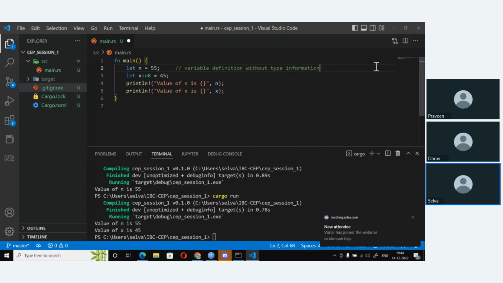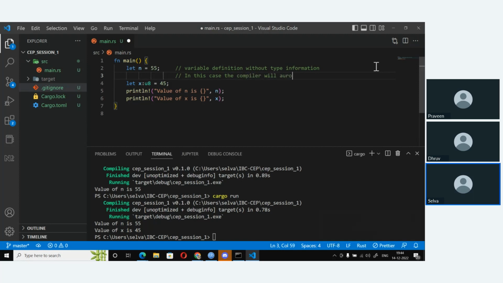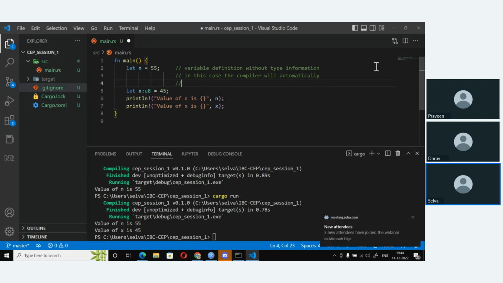So what will happen in this case is that the compiler will automatically infer the type based on the value assigned to the variable. Okay. Whereas here what we are doing is we are giving the type information explicitly. Okay.